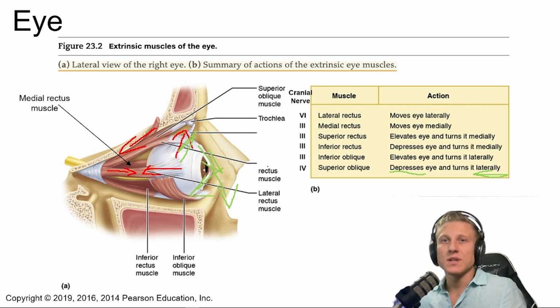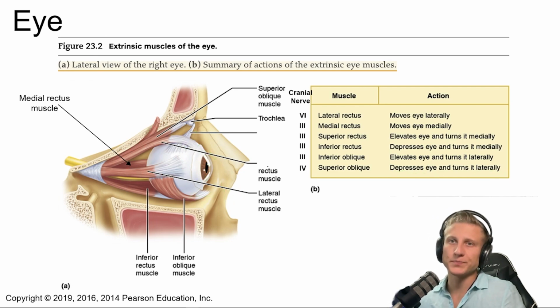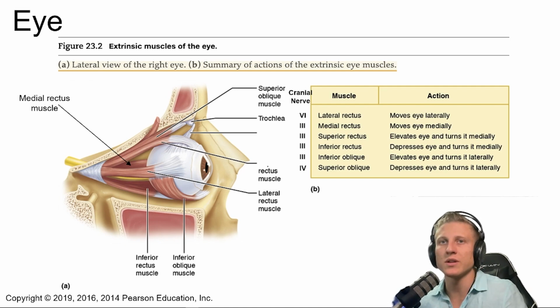Okay, similar concept with the inferior oblique muscle, except there isn't a pulley mechanism. It's just the orientation of the muscle itself is different. So here we can see we have an origin on the medial surface, middle surface of the eye, and then attachment on the lateral surface, but it's wrapping under, okay? Wrapping under the eye. What that then means, so inferior oblique being right here, is this is going to elevate